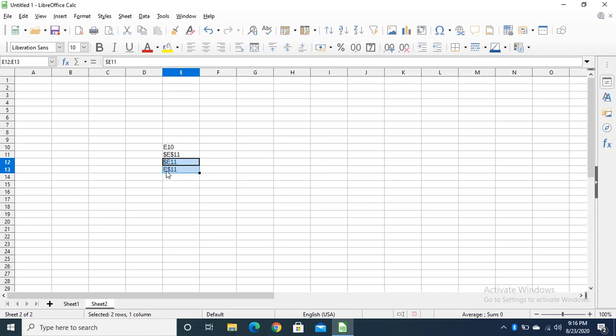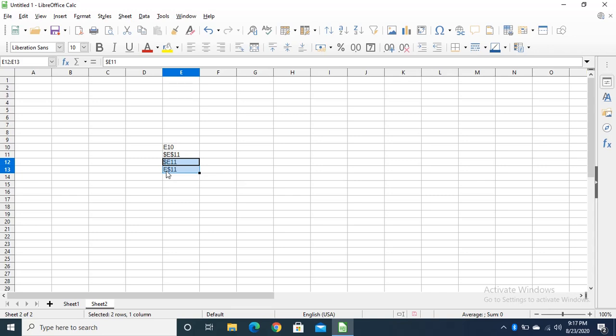There are three types of cell reference: relative, absolute and mixed. In relative, your address will change whenever you copy your address from one place to another. In absolute, your address will remain the same even if you copy the address.